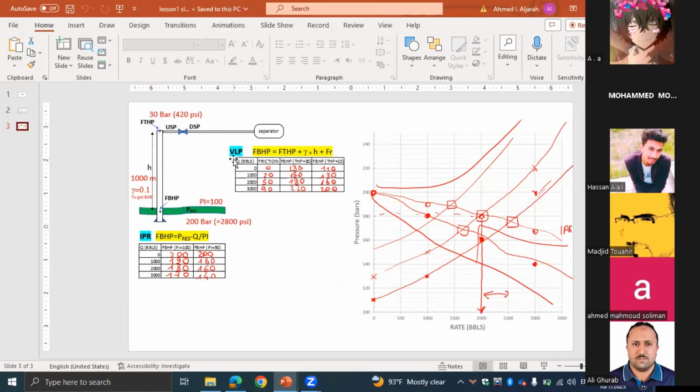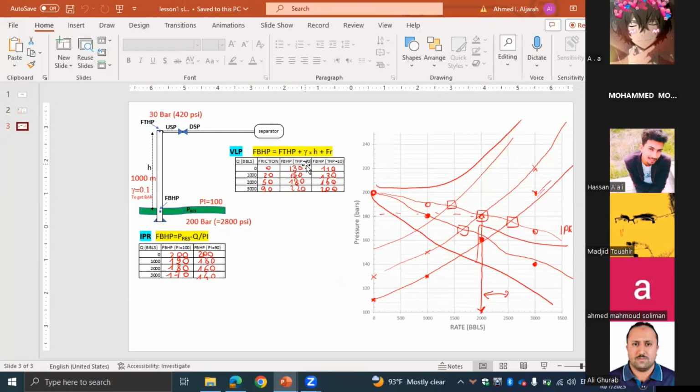head pressure. So we know the tubing head pressure, we know the rate, and we know the friction from the tubing manufacturer. Then we can calculate the pressure drop based on the equation. So the flowing bottom hole pressure